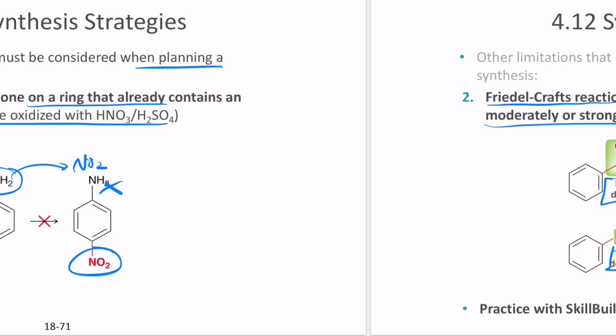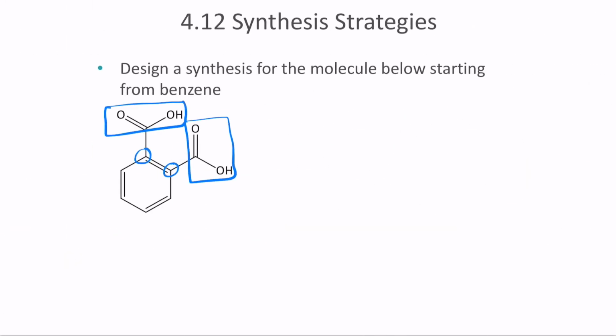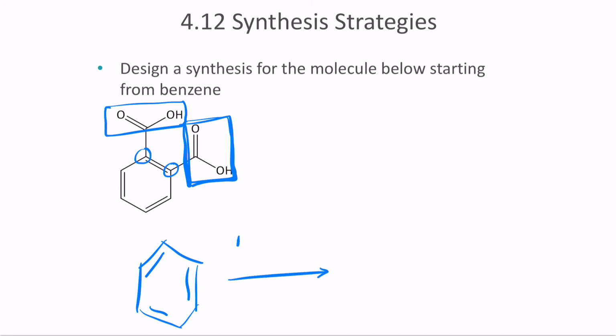For example, COOH is a meta-directing group. If you don't want it to be a meta-directing group, what are the procedures that we want to do first? Let's take a simple example of the benzene ring here. What is the first reaction that we want to do? We want an ortho-directing group, which means that the first thing you want to do is install an ortho-directing group. One way we can do that is first by doing Friedel-Crafts acylation.